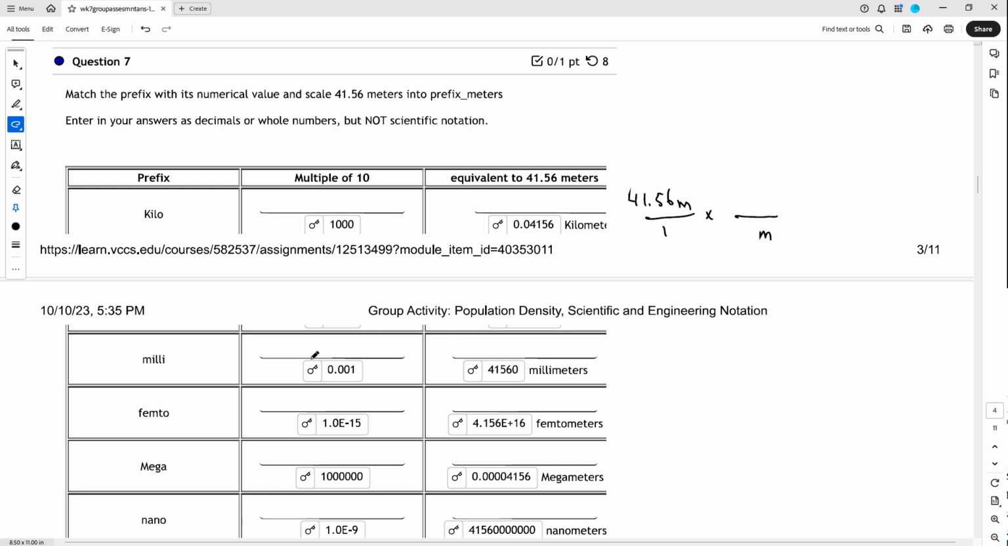And for this one, it's going to be a similar setup: 41.56 meters, and I want meters to go away. With this third one here, I have the same number, 41.56 meters, and I want meters to go away. So 1 meter, 1 meter, 1 meter. So the first one there is